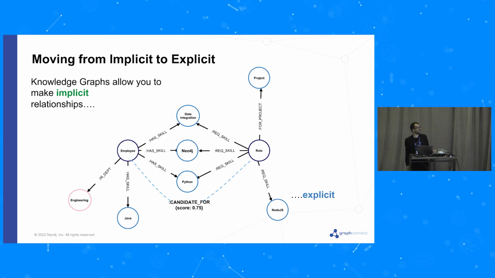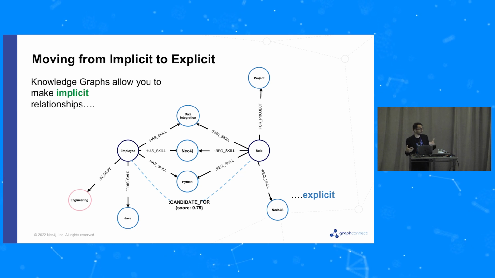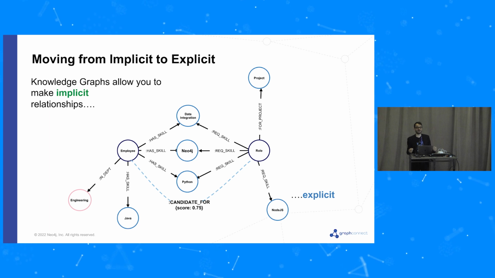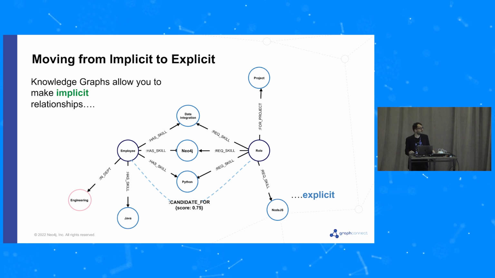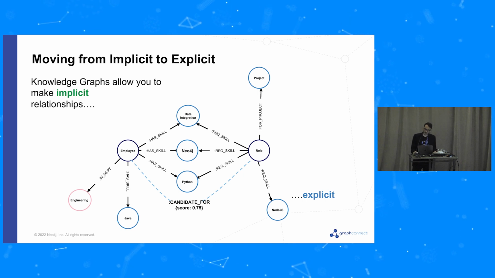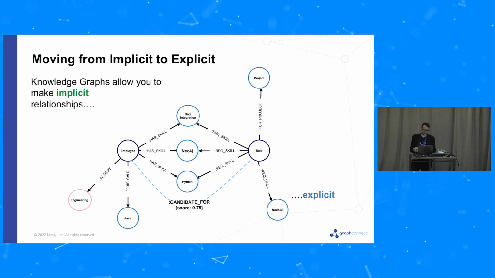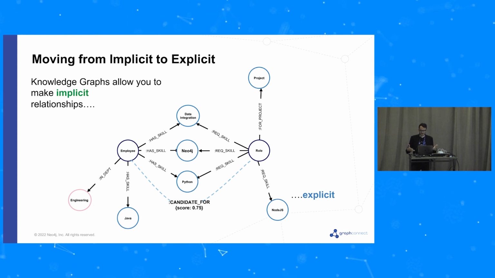It's very, very easy to express this kind of overlap and act on it. I mean, we can extend our graph and maybe materialize this new relationship, saying this guy is a good candidate for this job, or we can do any other kind of automated processing on it. So that's what we mean by the pattern matching based type of knowledge graphs, and it's all about surfacing and